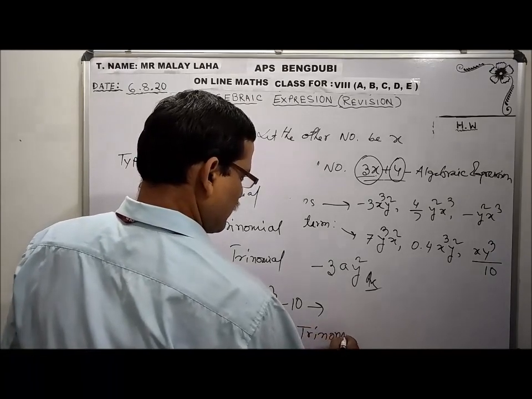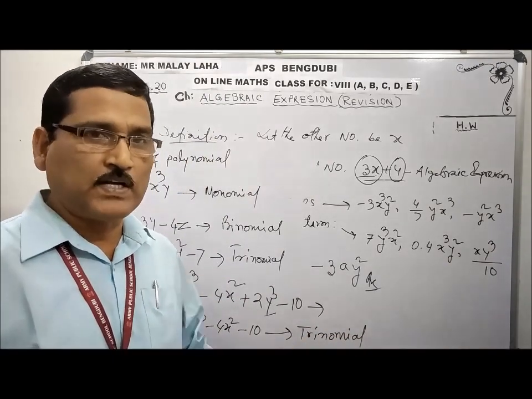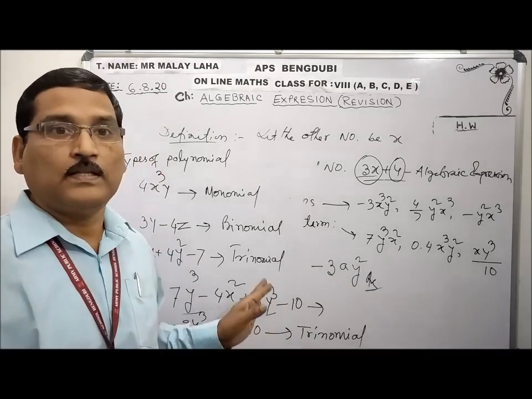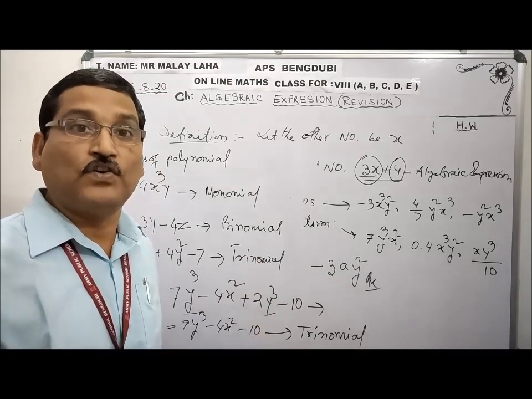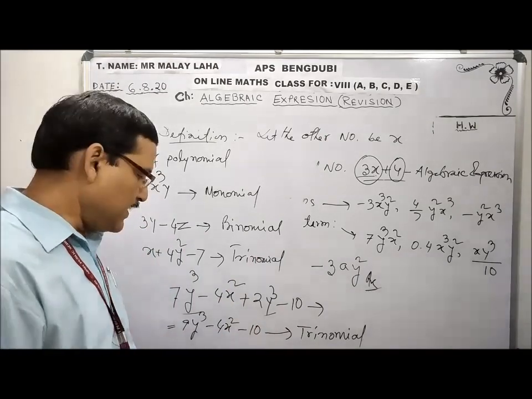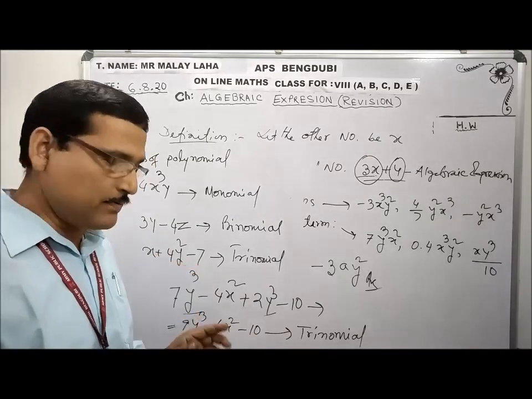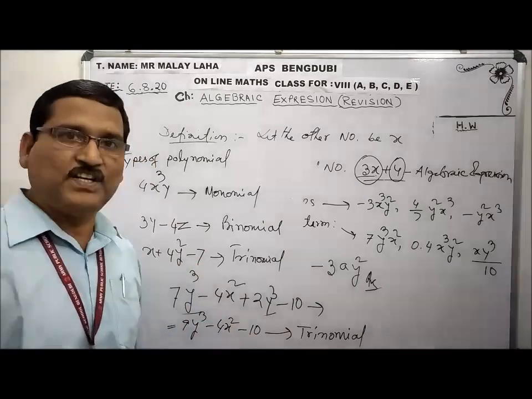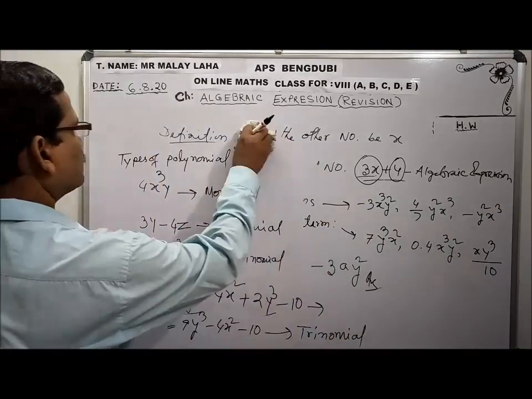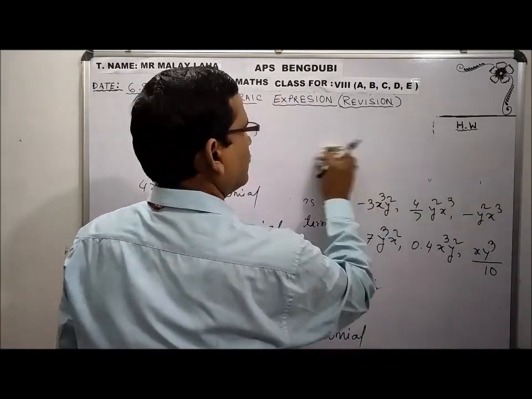So, a very important area I am talking about. Once you get the terms, you should not just count and straight away write. No, you have to see whether there are like terms within this expression or not. If there are, you have to reduce them first, then you answer. So earlier it was 4 terms, looking like 4 terms, but after reducing it comes to 3 terms. So it is a trinomial. Are you clear? Have you understood? So this way we can determine the number of terms.